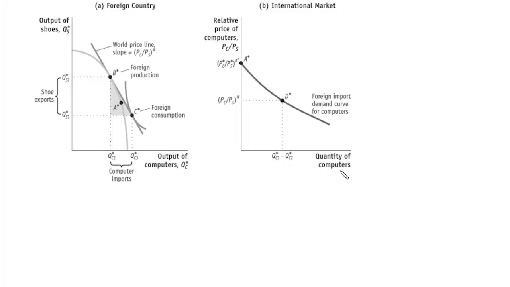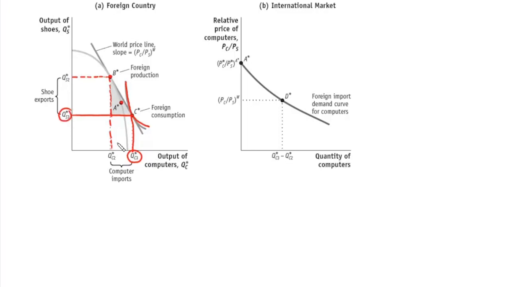In the same way, we'll study equilibrium for the foreign country. Previously the equilibrium was at A star. Now the slope of the relative price is lower as compared to foreign. So this equilibrium will now shift to B star. If it shifts to B star, we'll have foreign production of shoes at QS2 star and foreign production of computers at Q star C2. And if we look at its indifference curve, we'll get foreign's consumption. So consumption of computers will be at QC3 star and consumption of shoes will be at QS3 star.